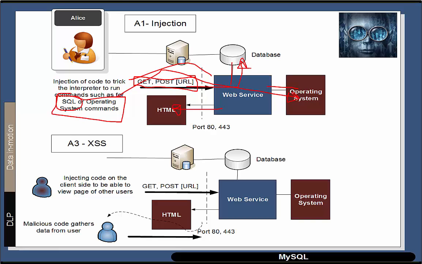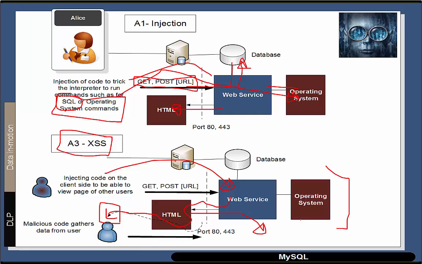For the other one, and this is a pretty severe one, we have cross-site scripting, and this is where some code is injected onto the site, which when clients, users access it, it could pull data from their own site, or they could be tricked into sending their data to another remote site. So we see this fairly extensively on sites, and it's a major problem where users are tricked, typically through phishing